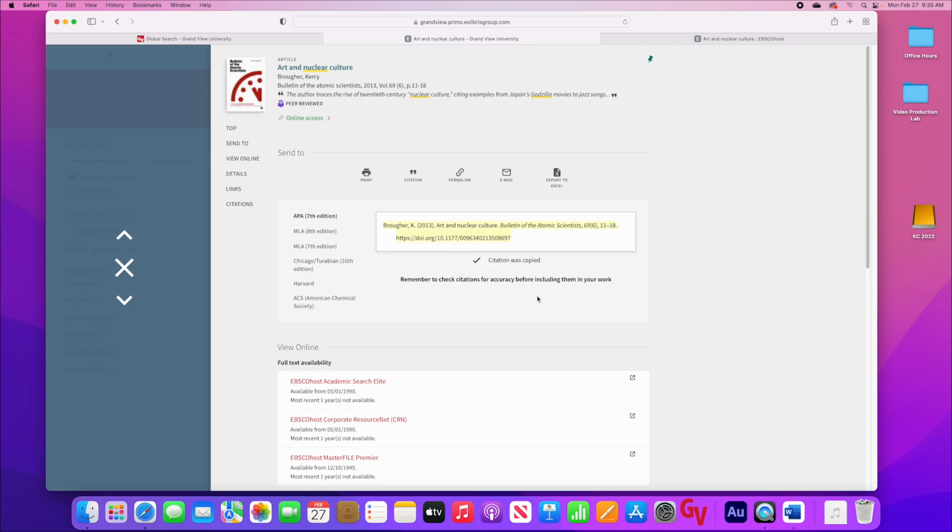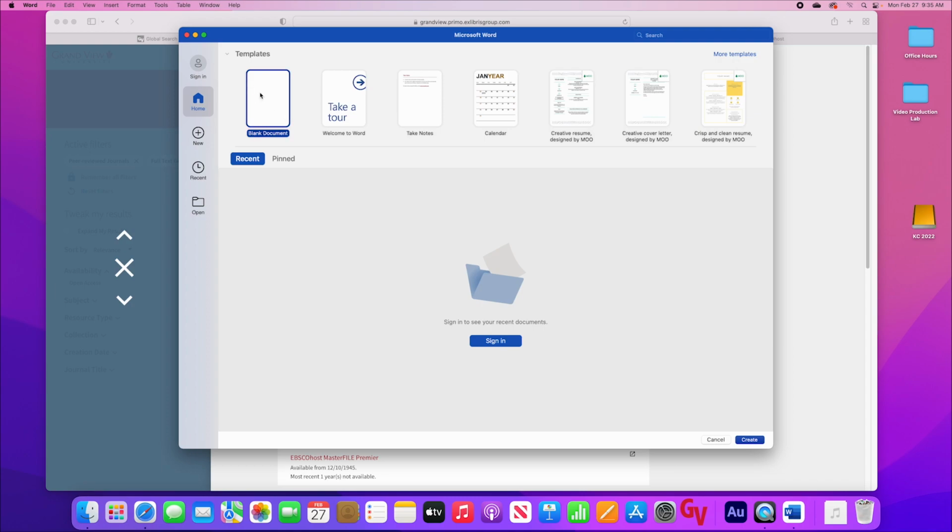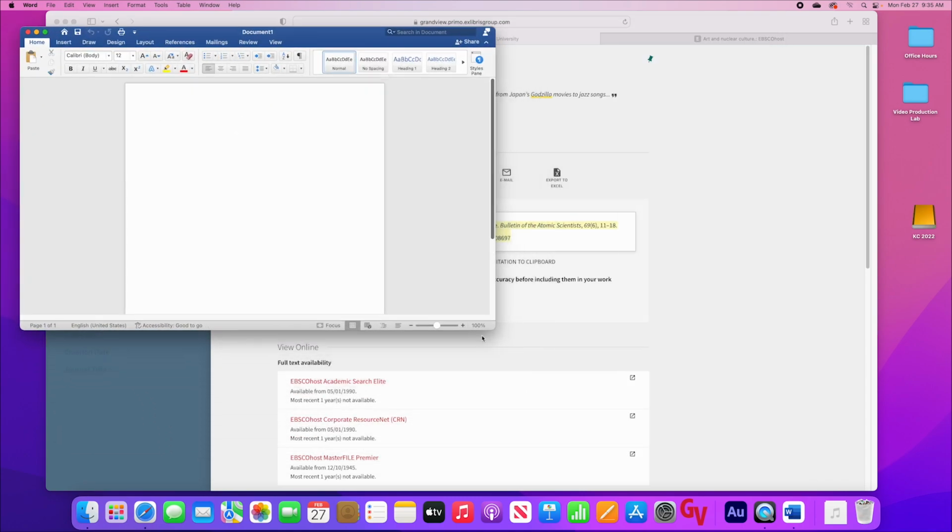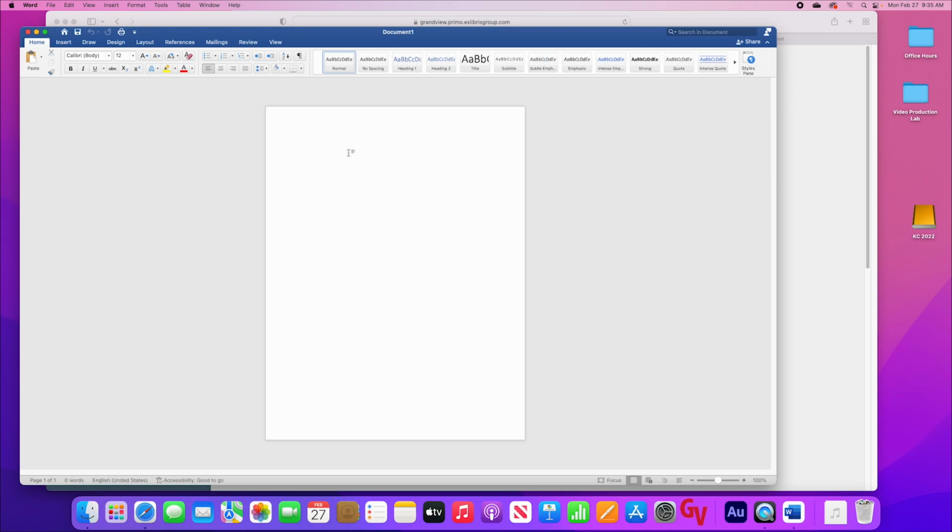I'm going to copy this citation and go into Microsoft Word on my computer, make a new document. Of course, you can write your name in this document so I know who it is. But this is where you're going to make something called an annotated bibliography. You'll start by right-clicking and pasting in that citation, right? That's the citation here. And then what I'd like for you to do is to write a 150-word summary of the article,